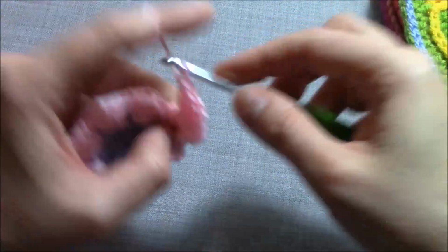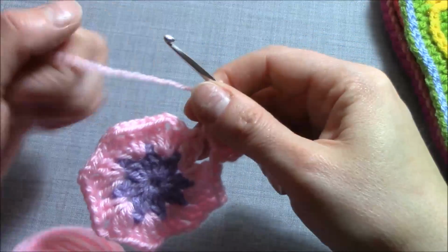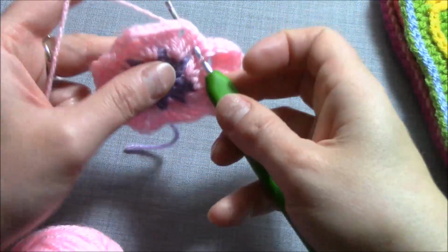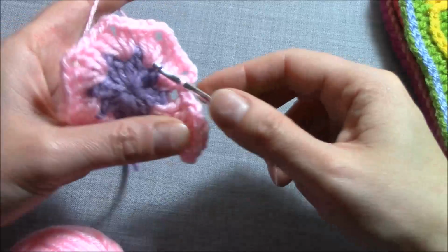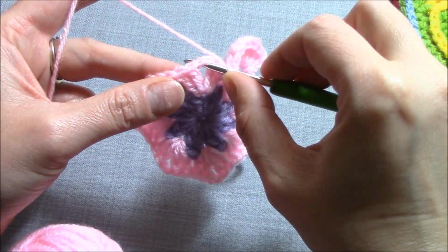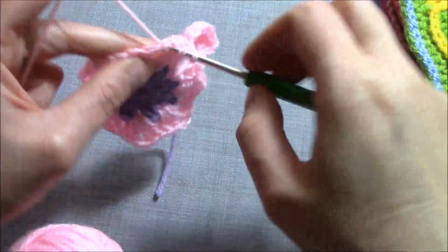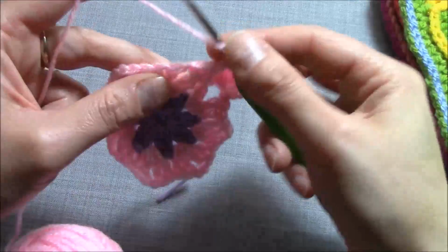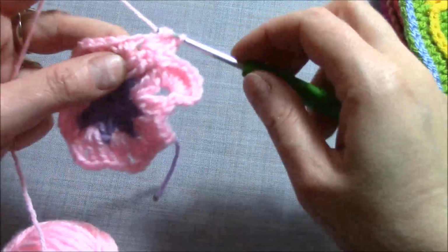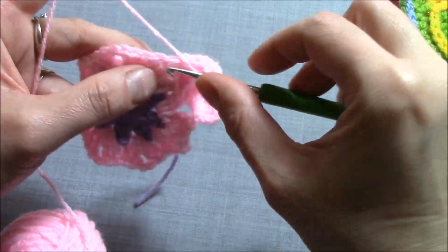5 and 6. Now in between the shells, actually here in between them, insert the hook and just slip stitch. Yarn over, skip directly into the next chain 2 space and work 7 double crochets for your second petal. 3, 4, 5, 6